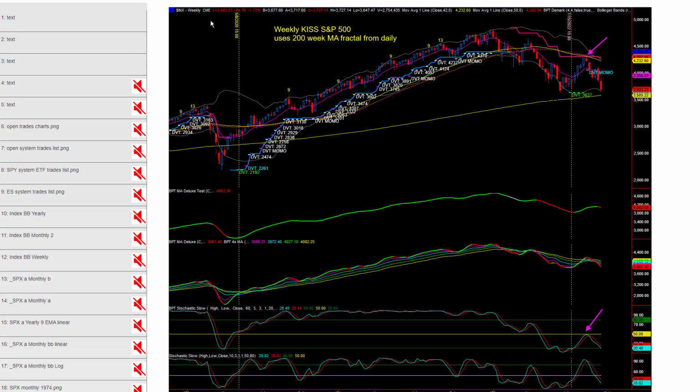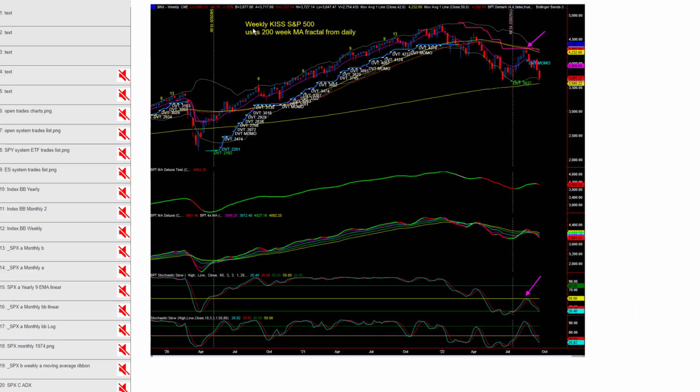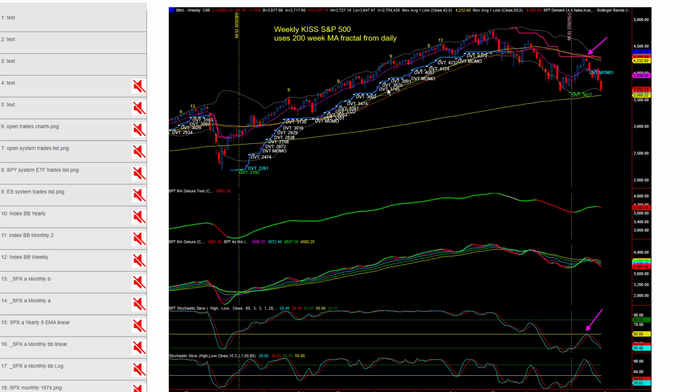So the first thing we're going to discuss is the systems. We're going to discuss the KISS systems. These are trend following systems. It's something I designed a couple years ago. They're designed mainly for folks who have 401k plans where they have it in the market, S&P and other related major indexes, and they want to be in the market during general uptrends. They're not trying to trade those long-term accounts, but they want some sort of protection. So think of the KISS like insurance. The DVT is basically your insurance get-out-of-Dodge price.